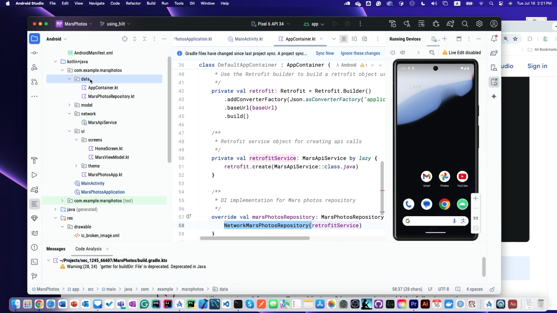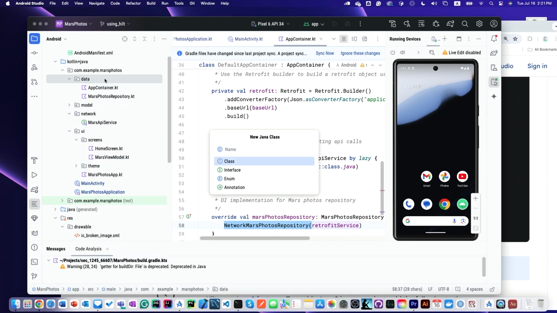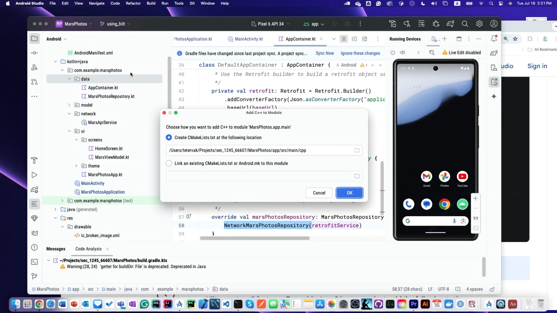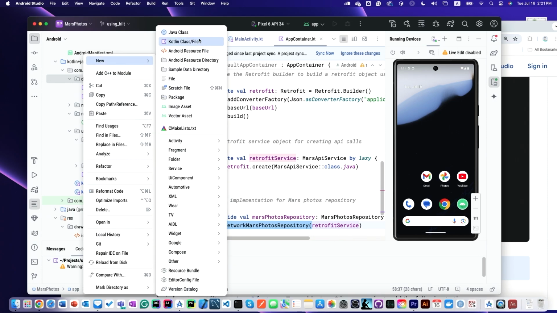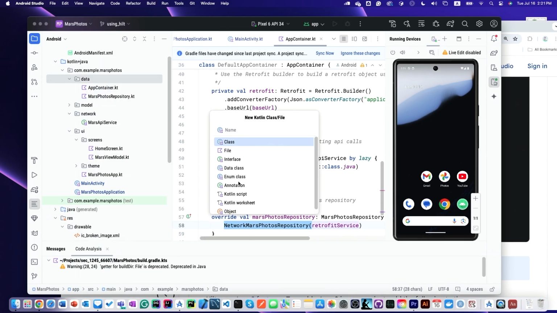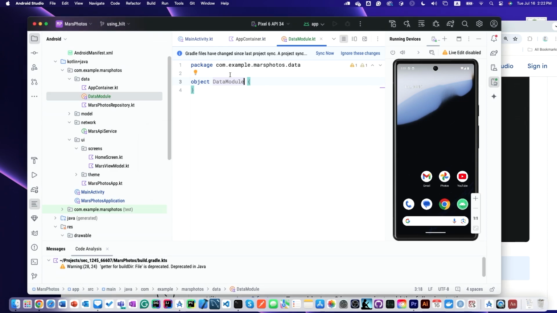So let's create class or object. Let's create object. I'll call it data module. So new, not Java, new Kotlin. Sorry. On data, I go new Kotlin class file. I select object, and I call it data module. This will be the description of how to create those objects. Here it is, object data module. Add to the source control, and